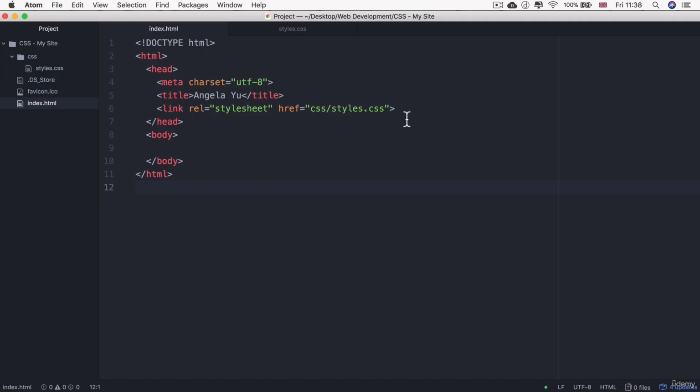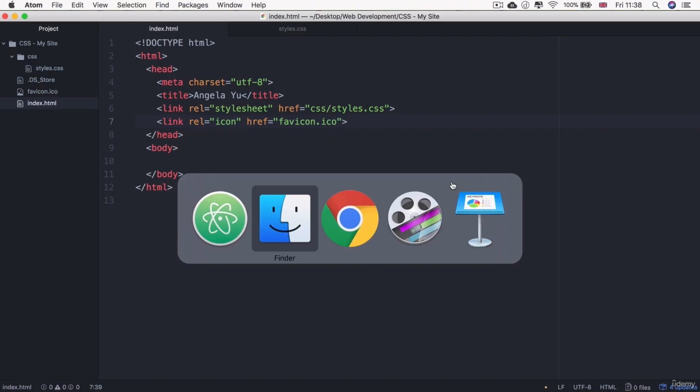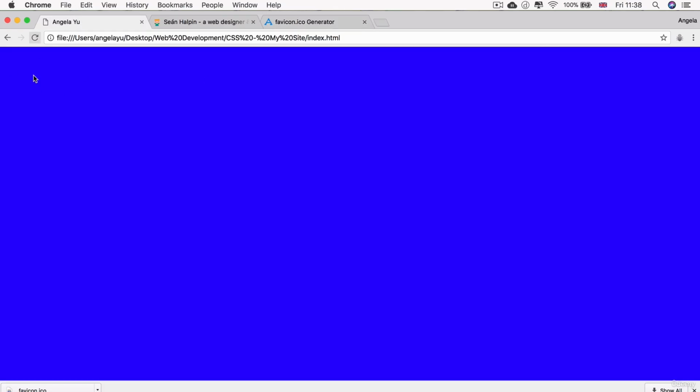And in order to incorporate it into our website, we're going to create a new link, but this link has a different relationship. It's not the style sheet in this case. It's actually just the icon. And the icon is located at the same hierarchical level as our index.html. We just have to put its name down. So the file is called favicon.ico. So now if we hit save and we go over to our browser and go to our site and hit refresh, then you'll see that it now has a pretty little favicon that shows up,